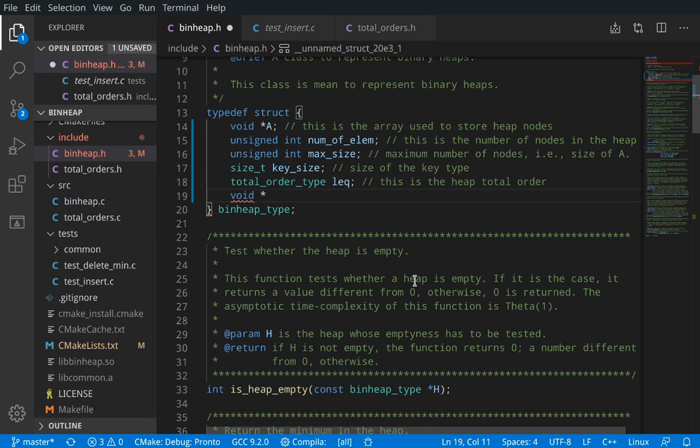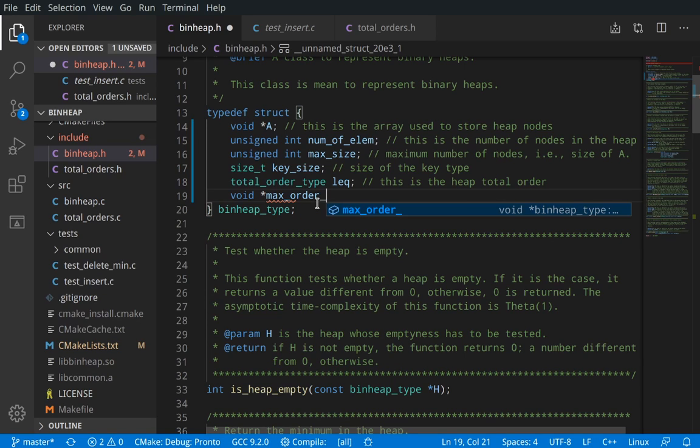Okay. Now the point here is, if we were trying to implement a binary heap amongst integer values, then we may simply have written int here to store the maximum among those values. But since we don't know the value we are storing in our binary heap, we need to have a pointer to a memory location whose size will be, of course, equivalent to key size, and this will be used to store